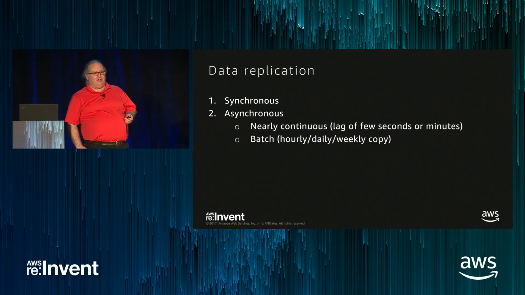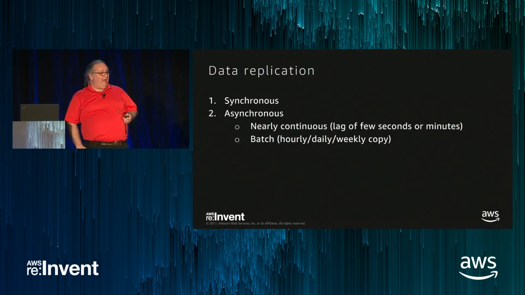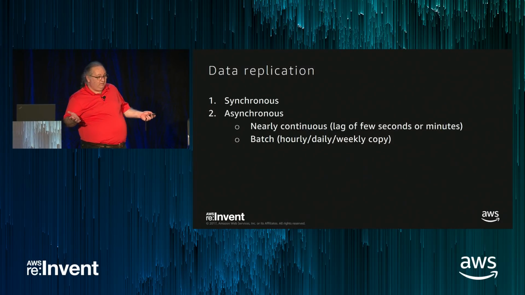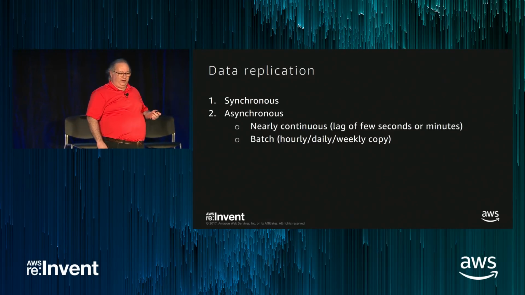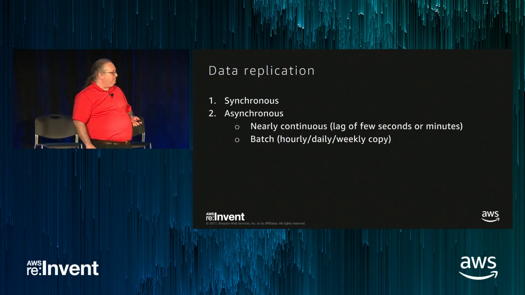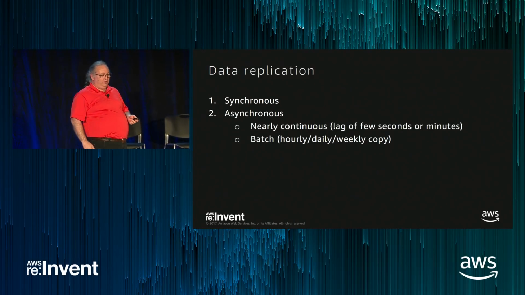But of course, the issue you have with asynchronous is if I'm writing to one part of the world and reading from another part of the world, am I getting current data or stale data? So one thing to think about is, do I care? Does it matter if the data is a second or 2 seconds or 10 seconds out of date? For many applications, that's fine, right? But for some applications, especially things dealing with actual wire transfers or financial transactions, or one that I saw somebody playing with was autonomous driving, you really don't want to wait for the car to communicate to the cloud to figure out whether to stop when it's on the road. So we're going to have some way to deal with asynchronicity.